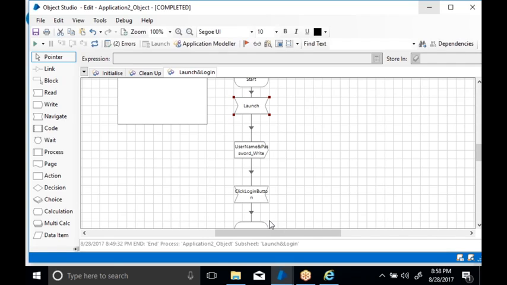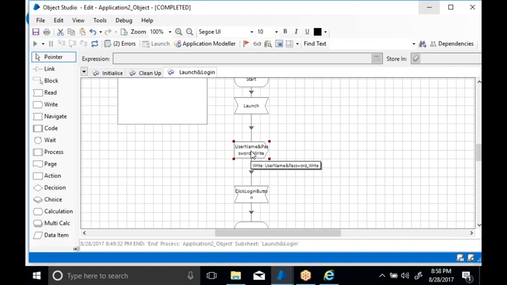Without writing the username and password, if you do the button click before that, it won't work. Or else after writing the username and password, if you try to launch the application, there is no use. Without launching the application, you cannot write the username and password; without writing the username and password, you cannot click on a button. That's why these two should be in two different stages. But when it comes to writing the username and password, you can put them in the same stage.